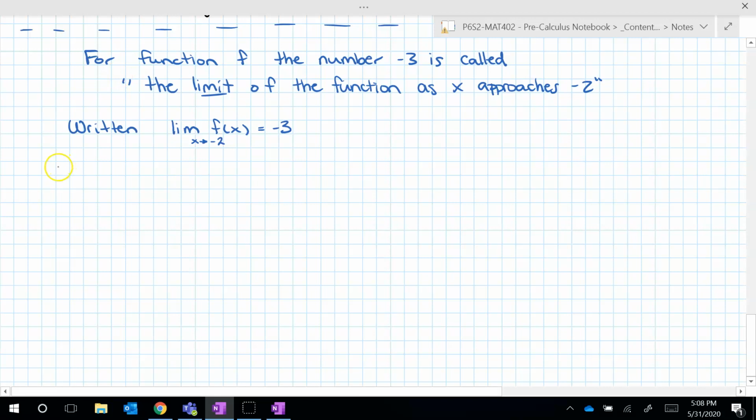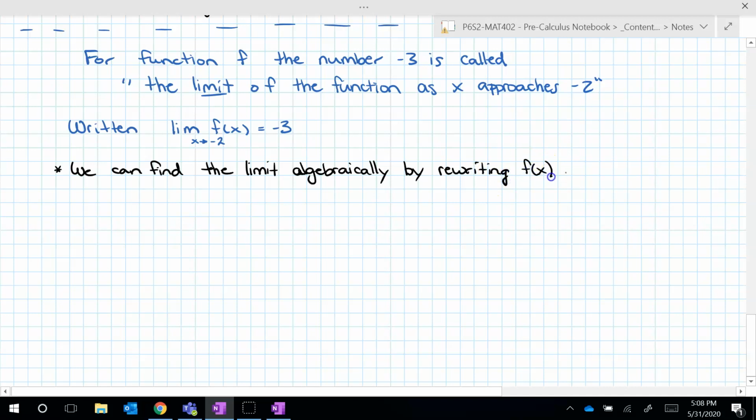So we're going to find that limit algebraically by rewriting f of x in that mixed number form from section 15.2. So we have our f of x,